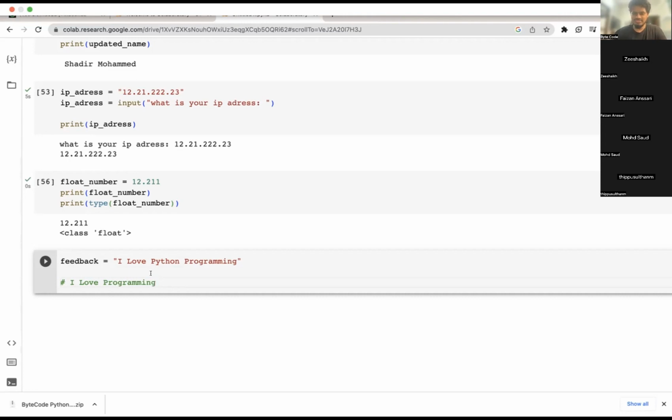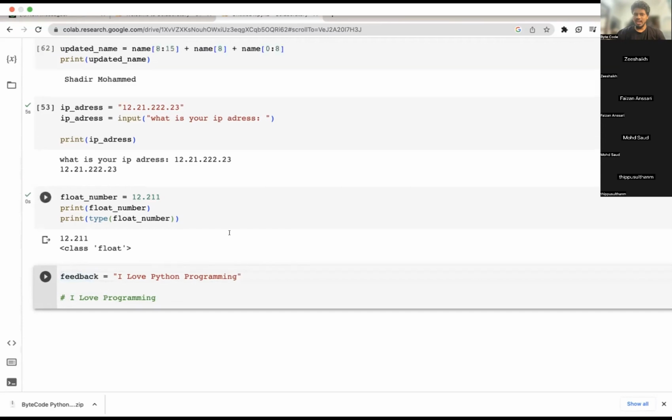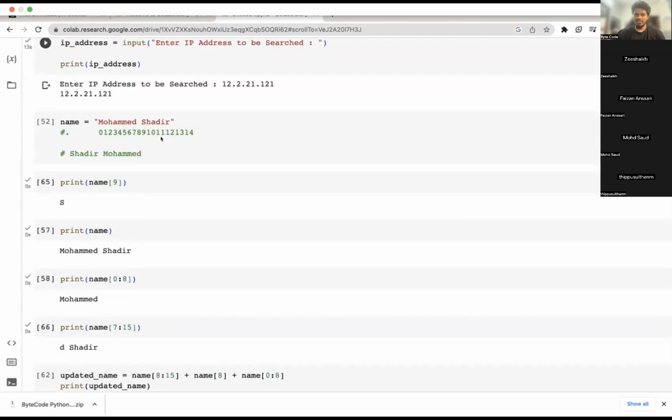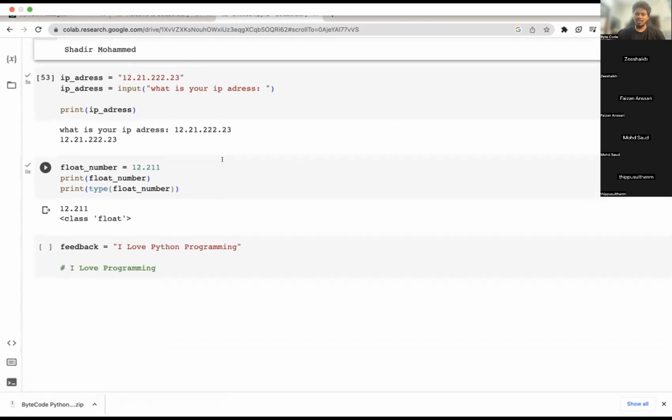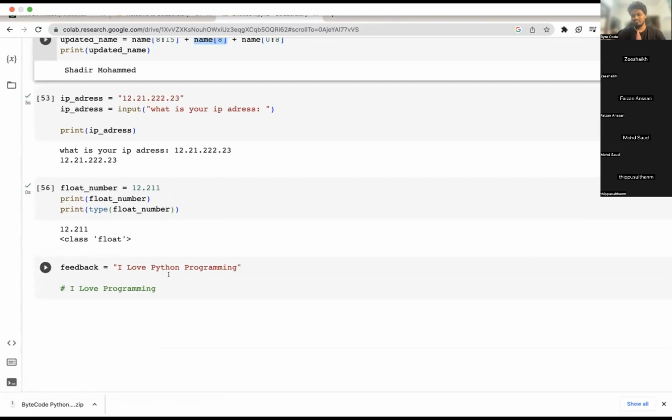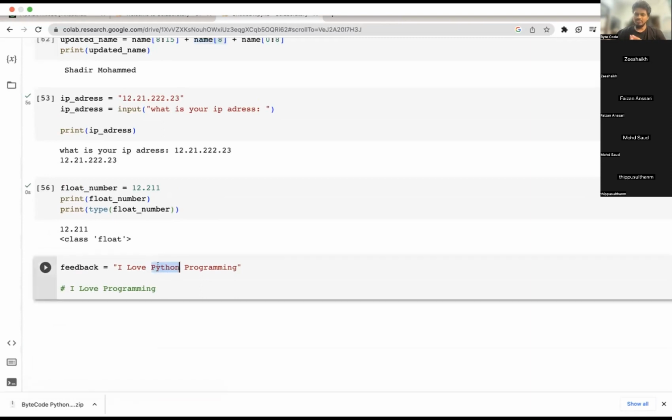So you can write a variable. One variable would be equal to... If you need to skip Python, you need to write a space in quotes. You can do everything using this one variable itself, like how I have done here. Here I have introduced the space as well using the same variable itself. Yeah, you can do everything here. You just have to skip Python.